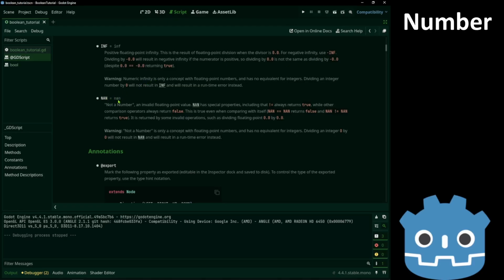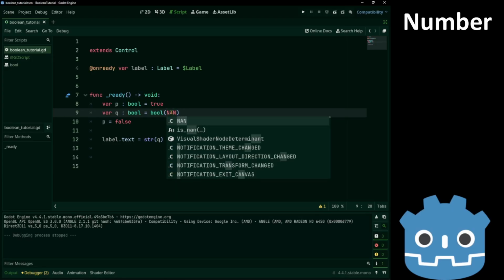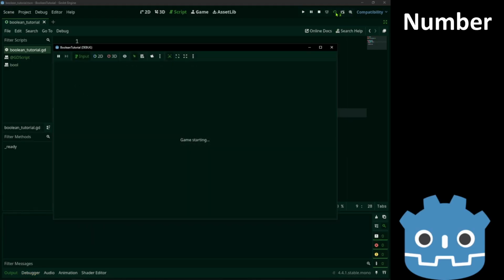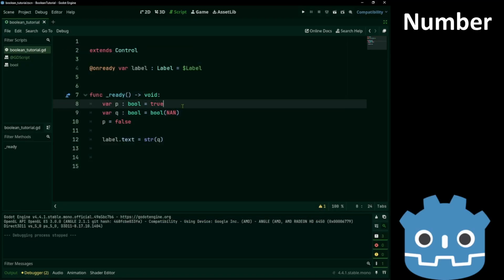Then we have none when we divide 0 by 0. More on them in the future. None also returns true. Okay.